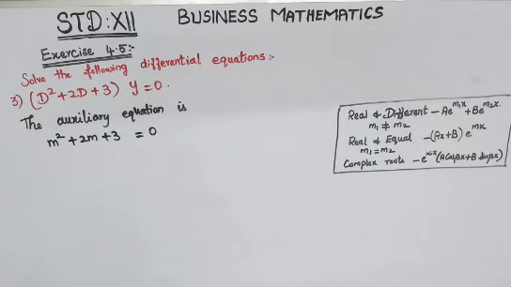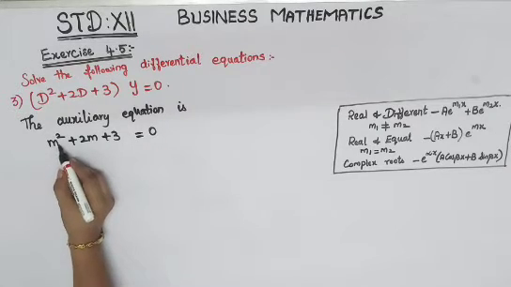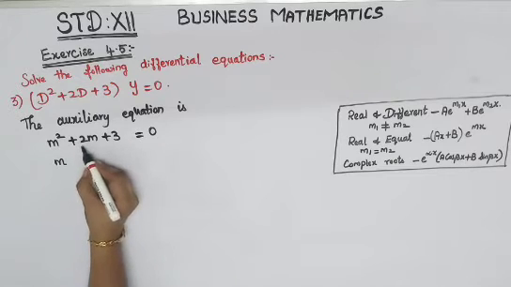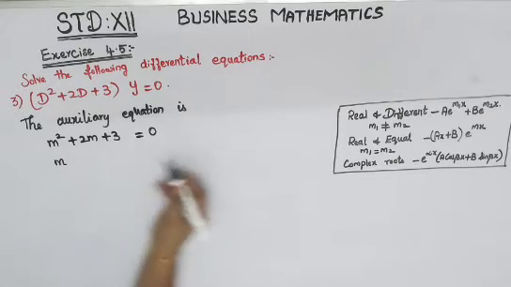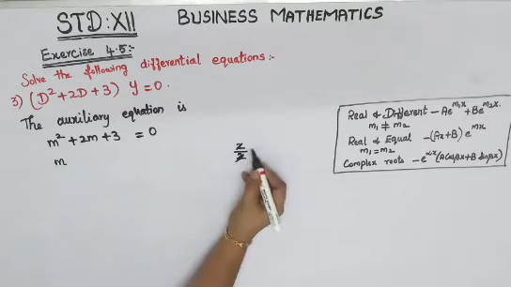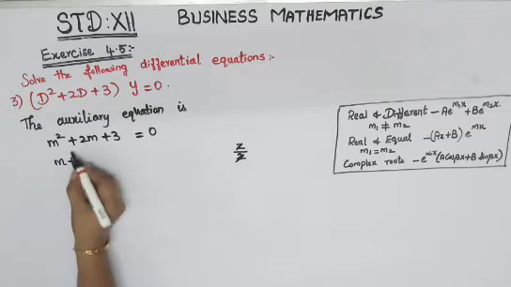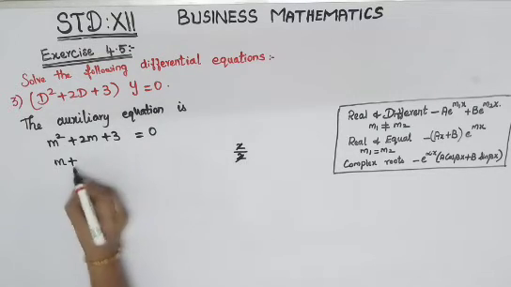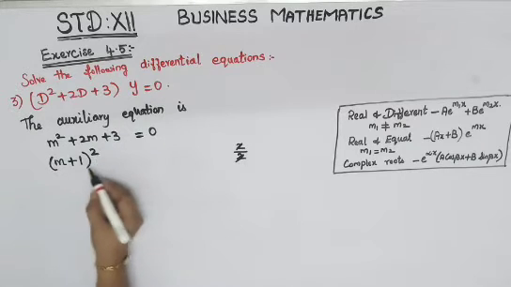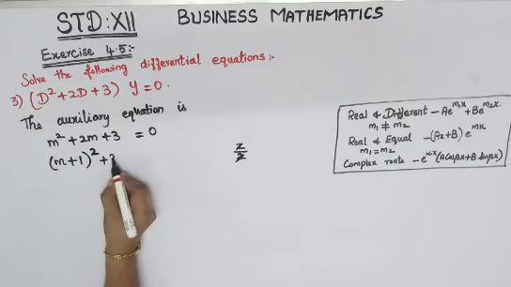So we won't be able to get your factorization here. So we'll have to go for your perfect square. Just convert this question to your perfect square. Okay. So what you'll have to do is, if you got m square means just write m. Then whatever is there with your m, just divide that number by 2. So 2 by 2 will get as 1. So put that plus, we have got plus here, put plus. What we got here, 1, put that. Put whole square. Then this plus 3 will be there as it is.